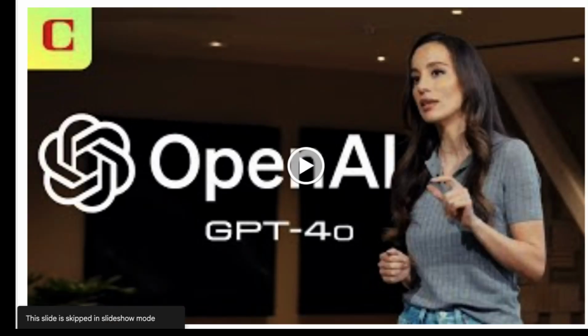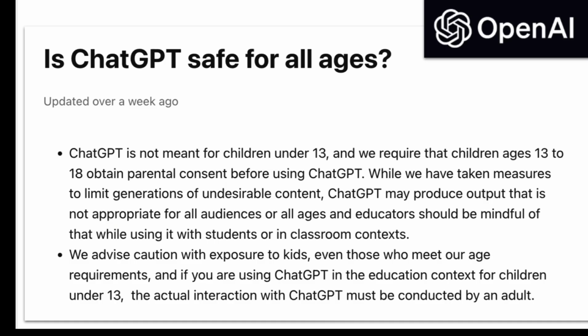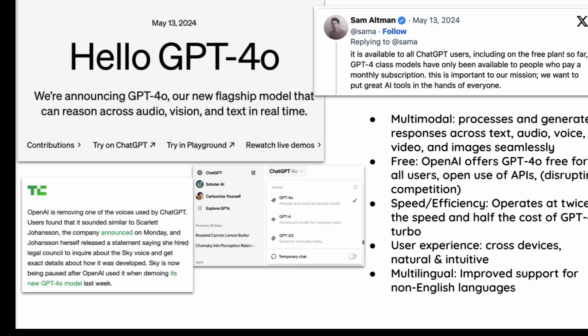In 2024, we saw the debut of OpenAI. It was a bit controversial, but it was also incredibly impressive. It's not meant for children under 13. But I hope that you'll get a chance to take a look at that video, which in fact, in some cases, in some of the elements were just stunning in terms of its capability.